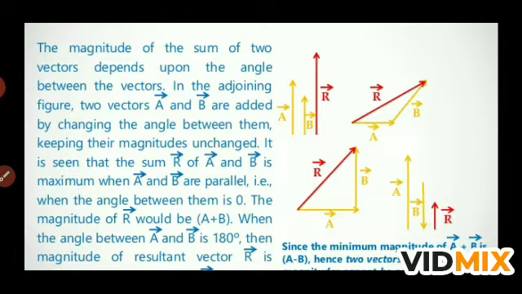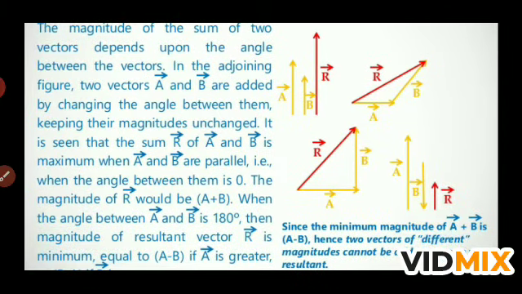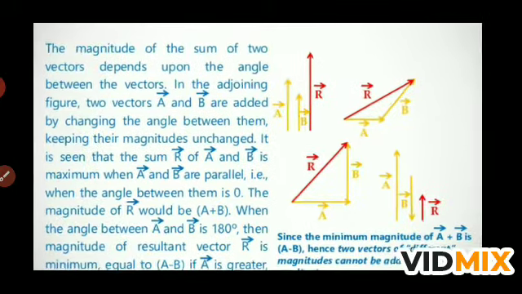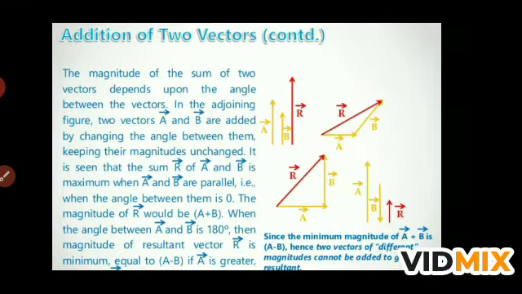If you see the figure number 2, vector a and vector b are at some different angle, and the resultant r is drawn in this way. In the third, vector a and vector b are perpendicular, see the resultant r, and in the fourth, vector a and vector b are opposite to each other, so the resultant r is smaller than the given value. So in this way we can understand the addition of vectors.